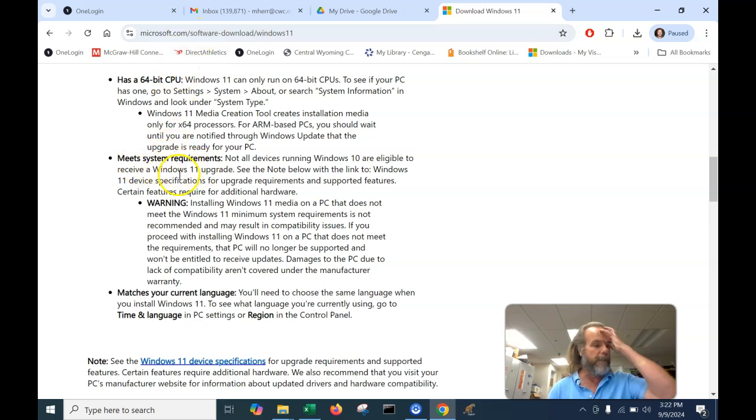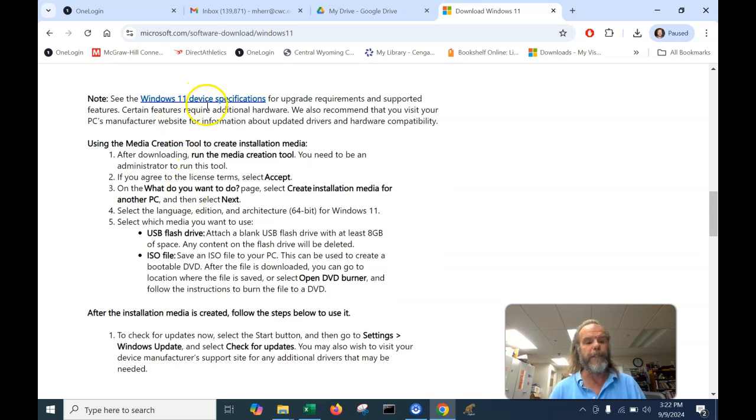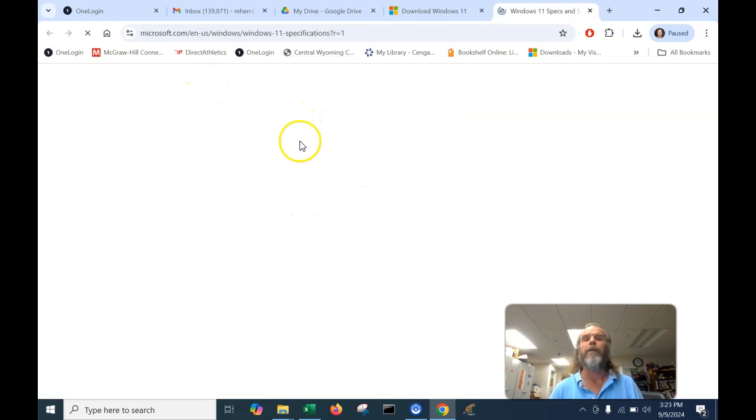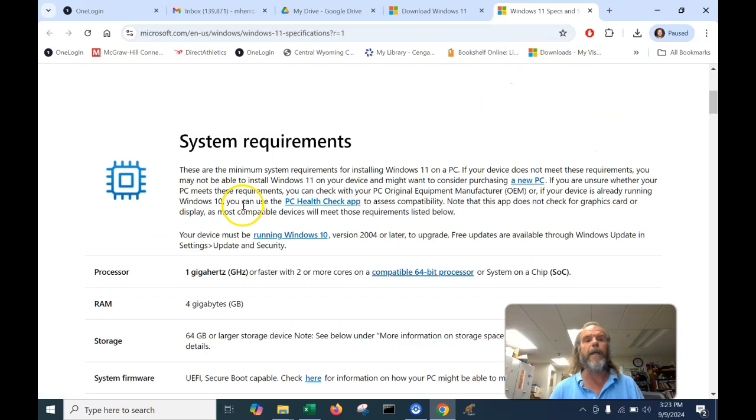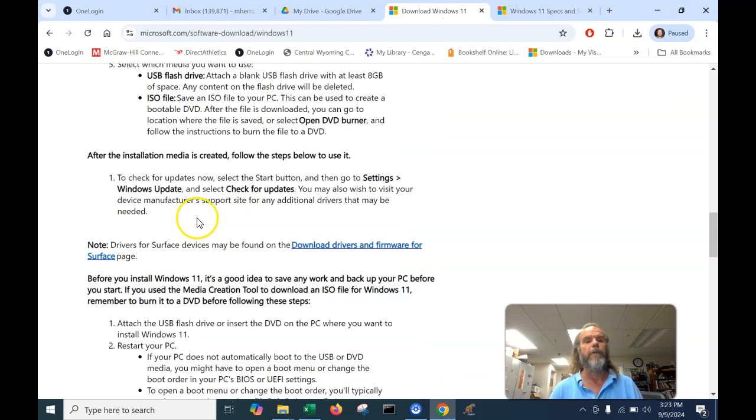System requirements: Windows 11 can only be installed on more modern PCs. So if you have kind of an old device, there's a good chance it might not actually work. It gives you some specifications. You should look through these. If I click on that, maybe it'll take me to, let's open it up into a new tab. So if you want to know exactly about this, you can flash through this. I'm going to go back to